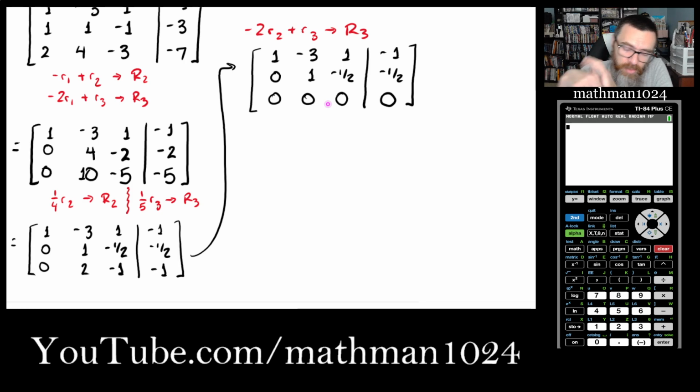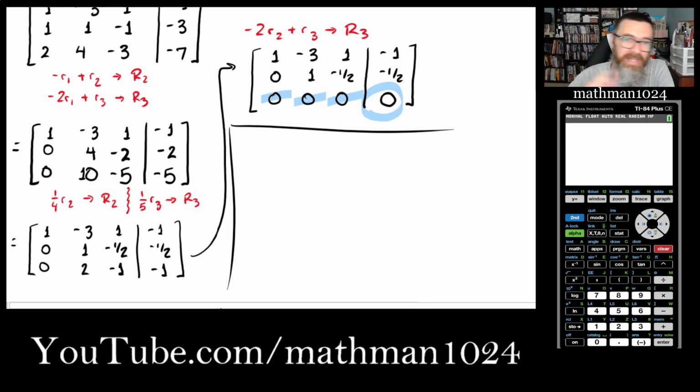If on this bottom row you have 0, 0, 0, but this is something that's not 0, then you're basically saying that 0x, 0y, 0z is equal to something. But 0 can only equal 0, right? So if it were to be like a 2, there'd be no solution. But as it stands, there would be an infinite number of solutions. So we've got to figure out, how do we do that? Well, as we've done in the past, we usually just pick a variable and let that guy be the leading man. So let z